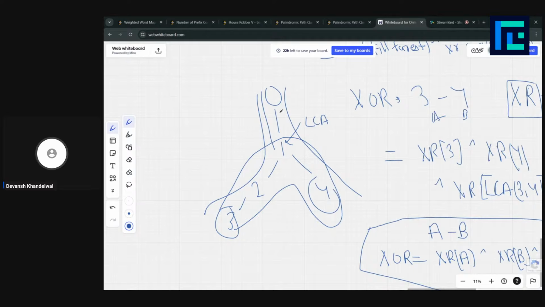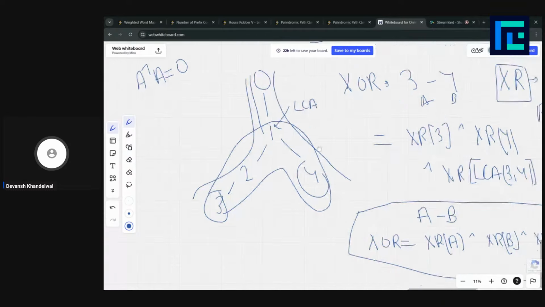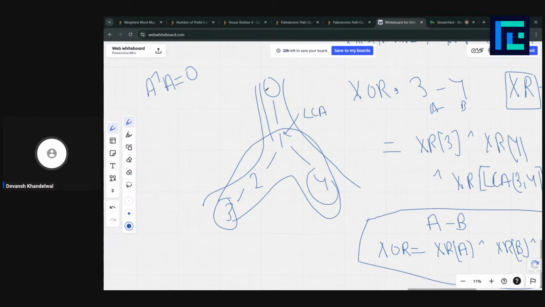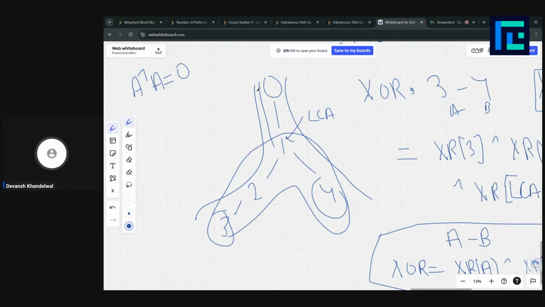Now, did you understand, using this visual diagram, we could understand that if we did XOR twice, it would always give us 0. XOR of any number twice would always give us 0, right? We did it twice here, right? We used this path. We used 0 twice. So this would always result in 0.